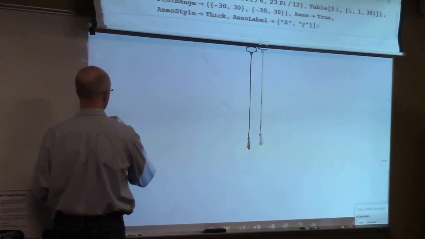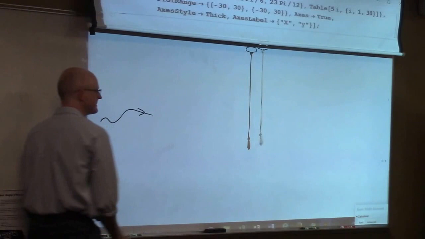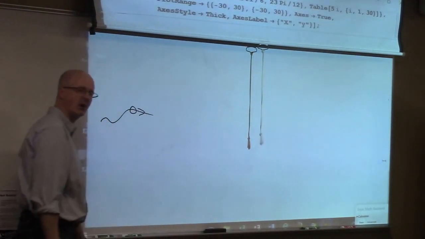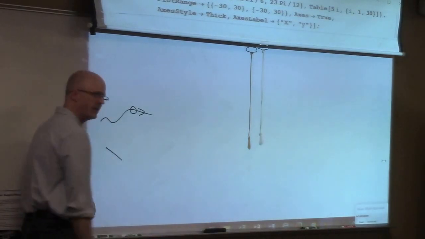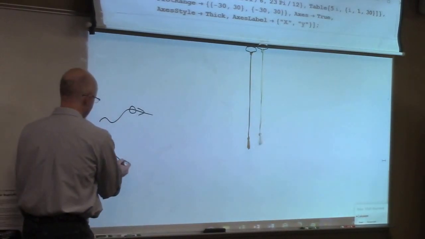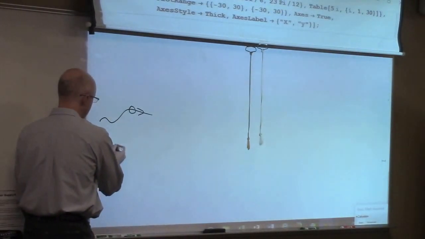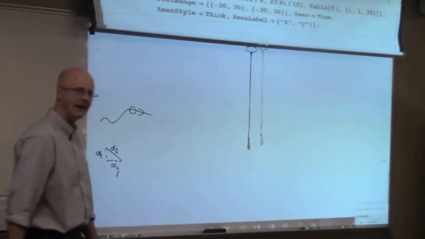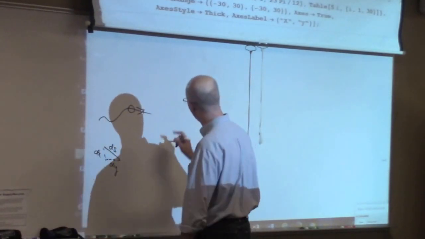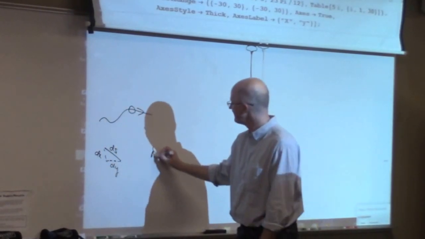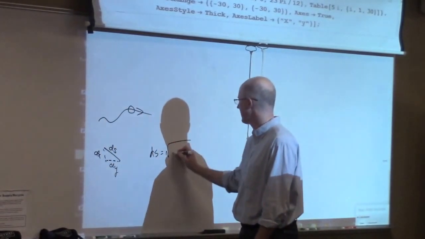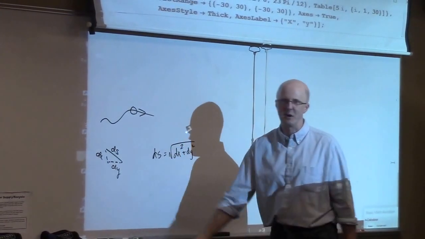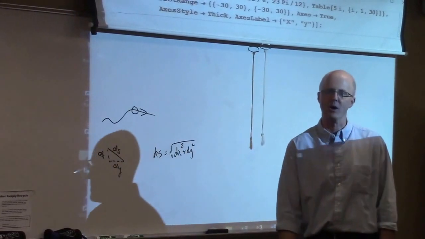And I think the last thing I drew on the board here before the video went out was a parametric curve. And I zoomed in on a piece of the curve and said, hey, let's zoom in so far until it looks straight. And then we imagine drawing a right triangle, calling this side ds, this dx, and this dy. And ultimately, the equation that I had over on the right side of the board here was that ds was the square root of dx squared plus dy squared by the Pythagorean theorem applied to these infinitesimally small quantities,